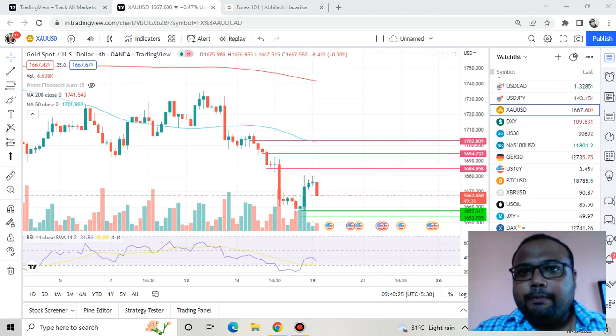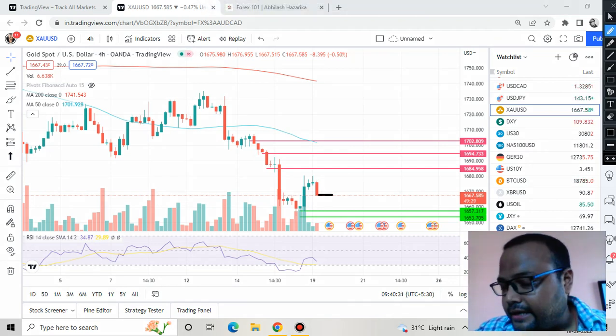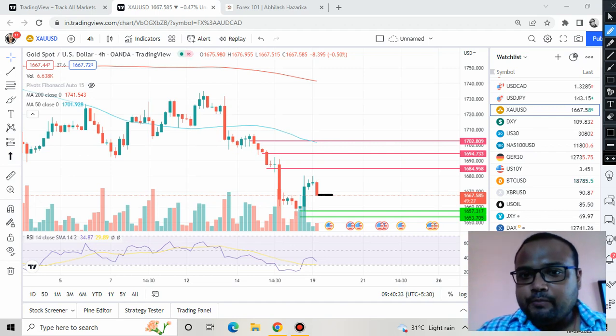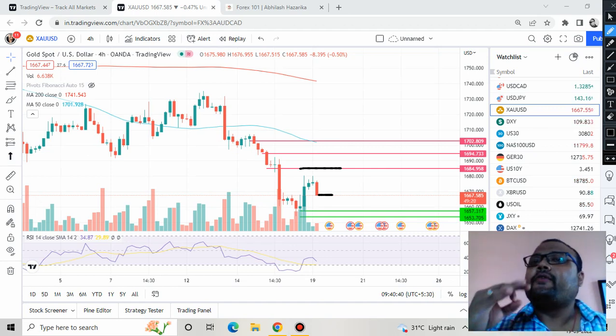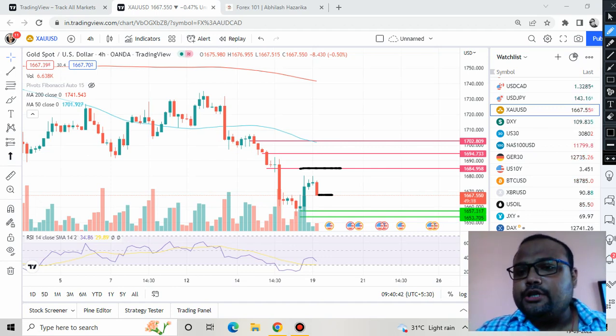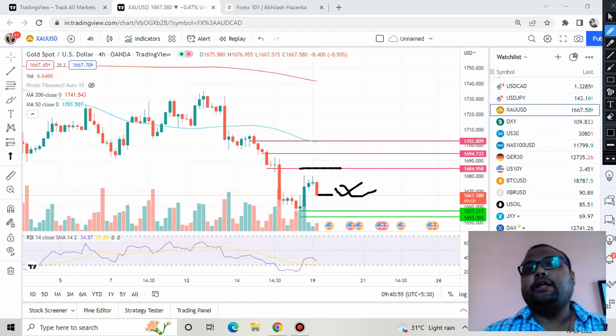And if you're planning to take a sell position also, again there is no proper level here. Your SL will be somewhere around here. So again you are messing with the risk management. What I'm trying to tell you is that if you take any position here, then it will be like gambling with your hard-earned money, because the risk to reward ratio is not in your favor. Maybe you will be earning money today and tomorrow, but in the long run you will end up losing